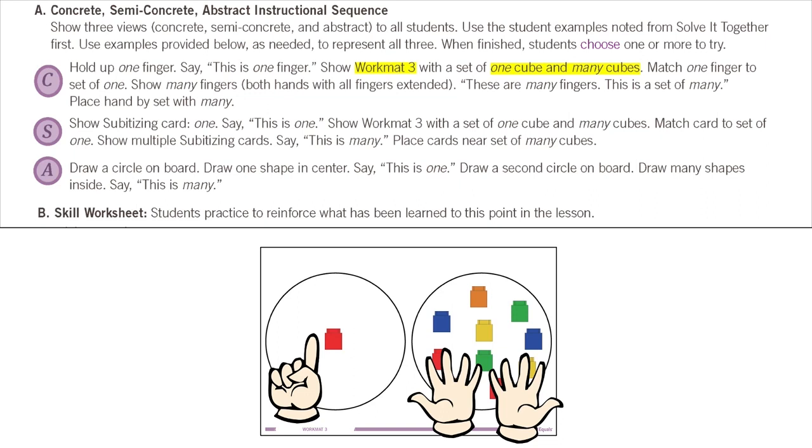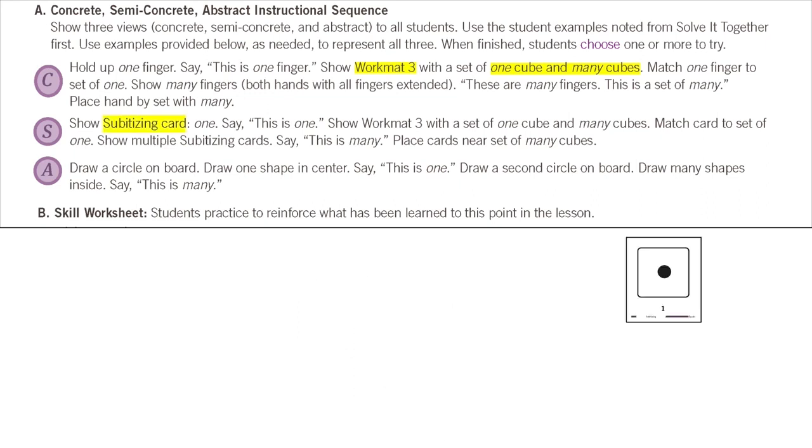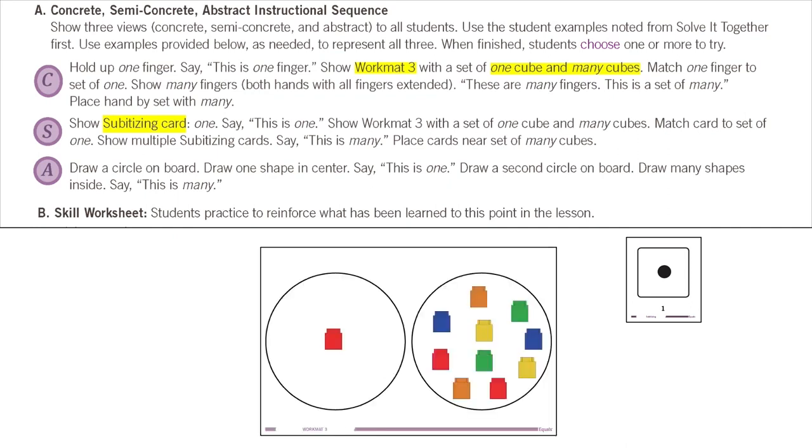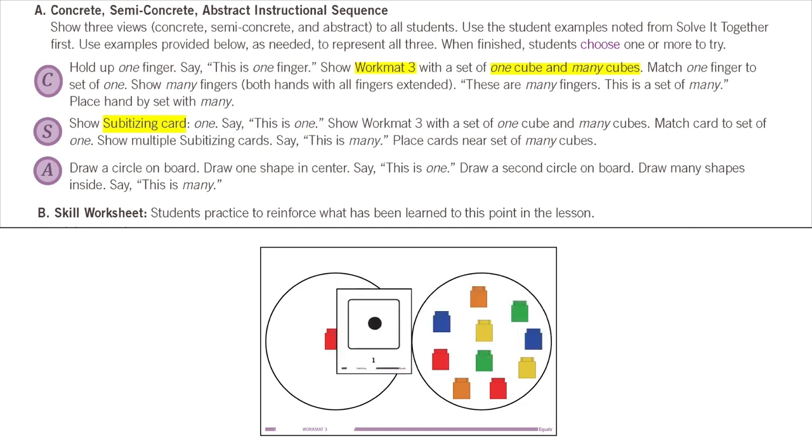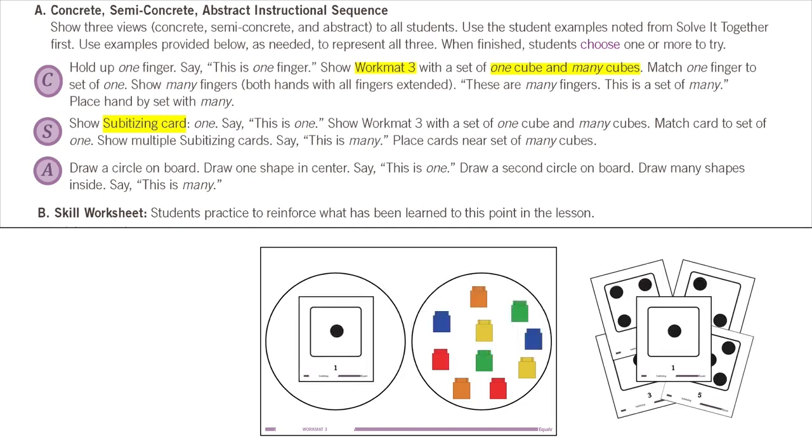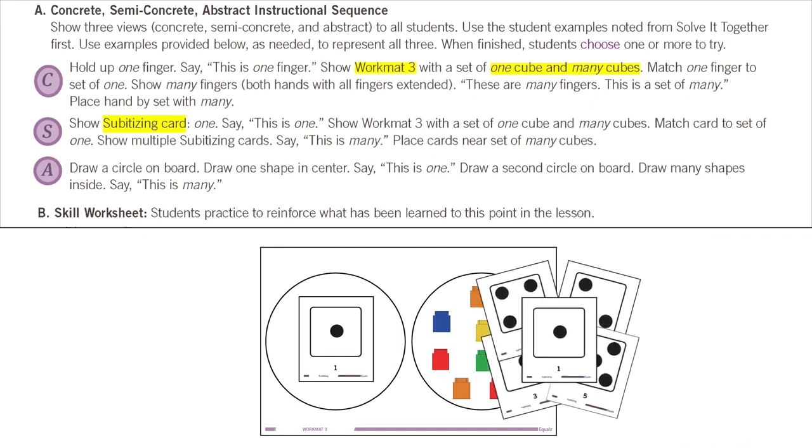For semi-concrete, we will show the supertizing card for 1 and say this is 1. Show workmat 3 with a set of 1 cube and many cubes, then match the supertizing card to the set of 1. Next, we can show multiple supertizing cards and say this is many, and place the cards near the